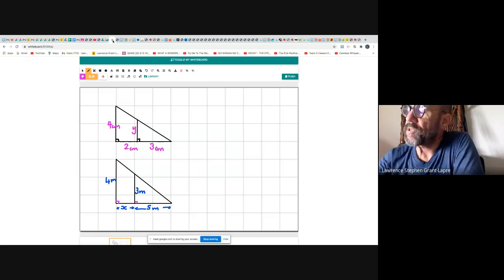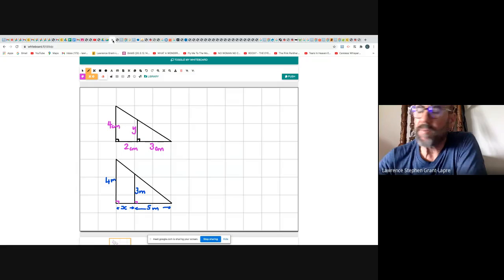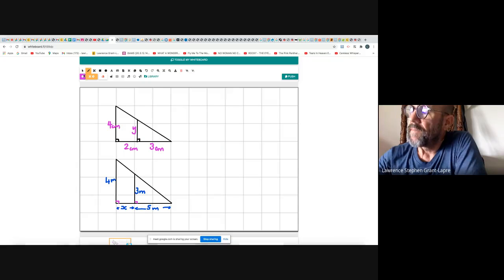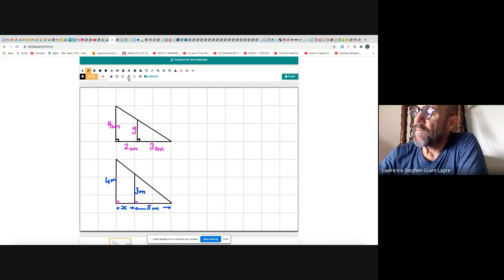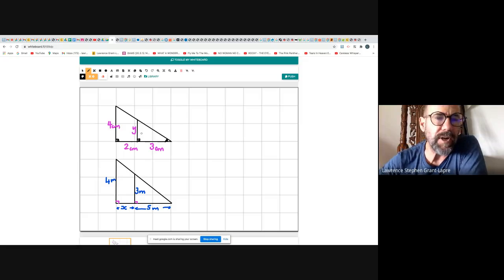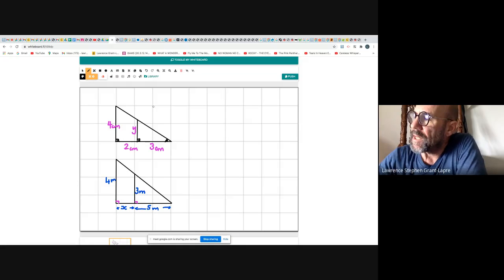I'd like to look at a question that has to do with direct proportion. Now we've got two triangles, the small triangle and the big triangle, and because these are 90 degrees here, and this angle is the same angle in both triangles, the small triangle and the large triangle are actually in direct proportion. So we can take the corresponding sides, 3